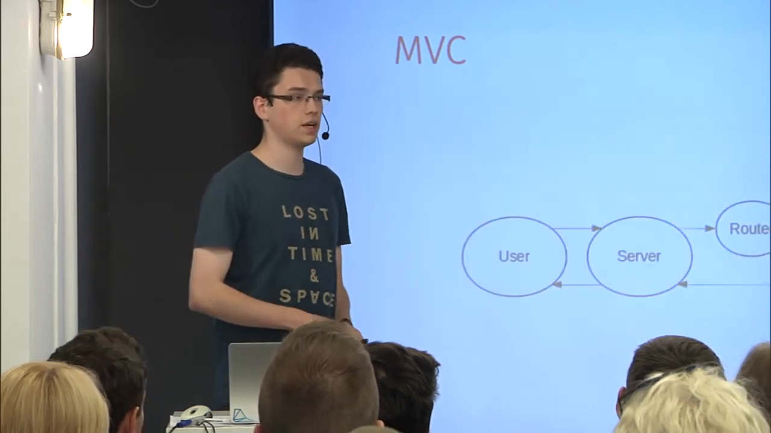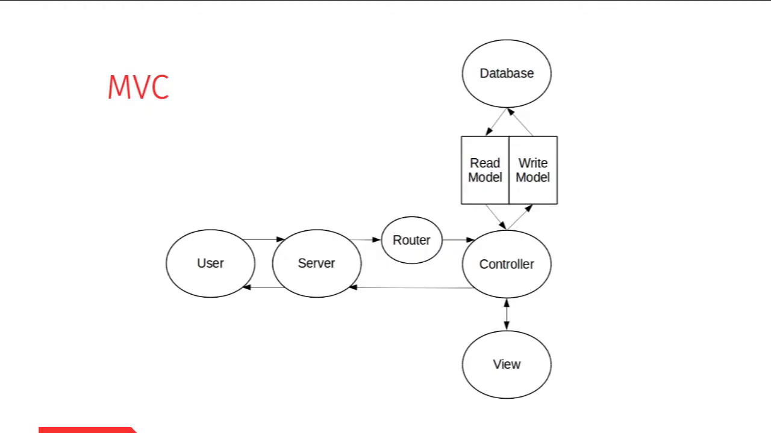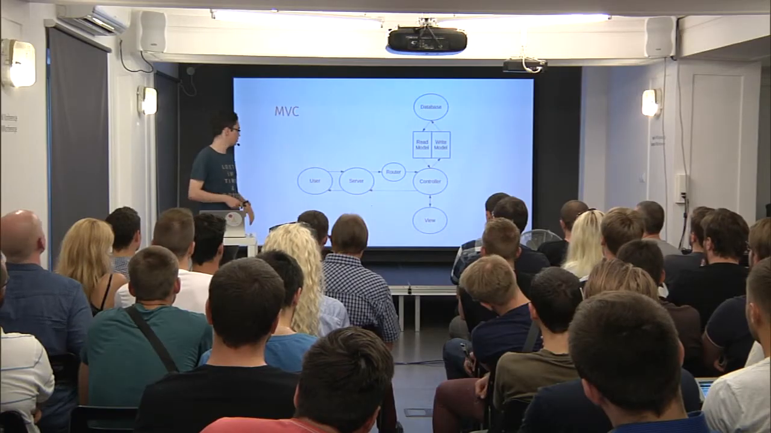I was a backend developer before, so this is how MVC looks on the server. Guys at the back, do you see the chart? I have a lot of charts. Okay, so this is the user. The user talks to our application through the server. It's pretty obvious. There's a router which selects which controller will be invoked. And then